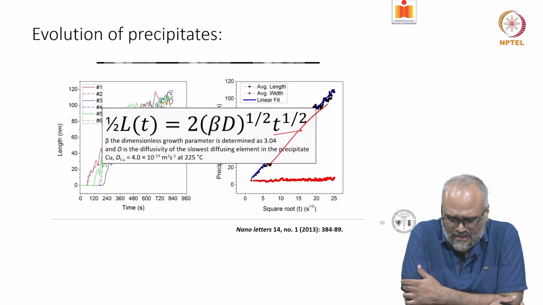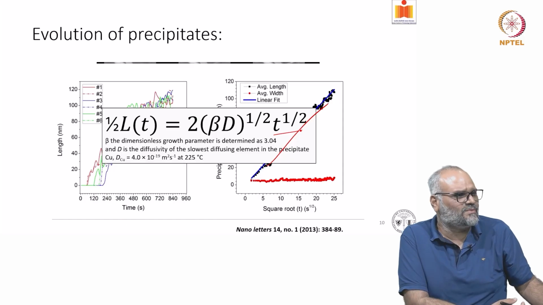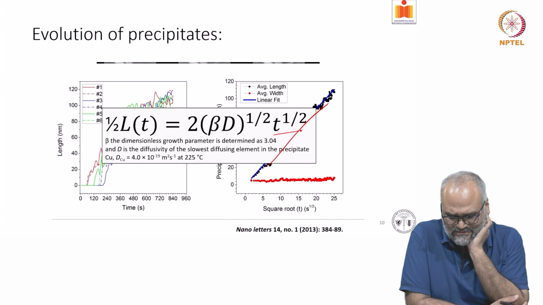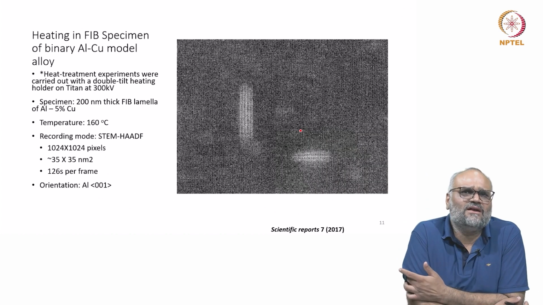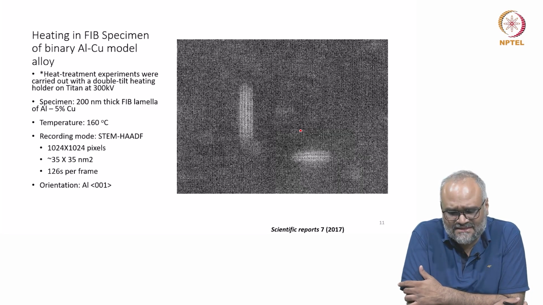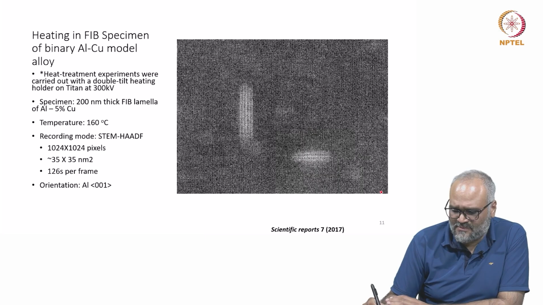And after this, we thought, can we go one step further and can we do high resolution studies on this? And this was a study that we did in collaboration with a colleague who was visiting us from China, Dr. Chunhee Liu, and a set of model binary copper alloys were actually prepared, and supersaturated solution of aluminum copper was heated at around 160 degrees centigrade. And the image that you will see now is actually an HR STEM micrograph of aluminum matrix,